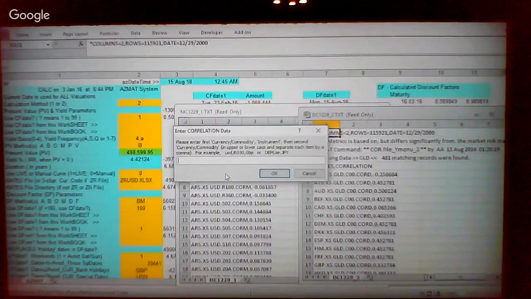Now, please enter the first currency or commodity instrument, then the second currency or commodity, in upper or lowercase, and separate each item by a comma. For example, the first currency, say US dollar, which could be a currency or commodity, comma, instrument rates 30 days, 030. I'm using 0 here because it could be 180 days. So I want to make sure